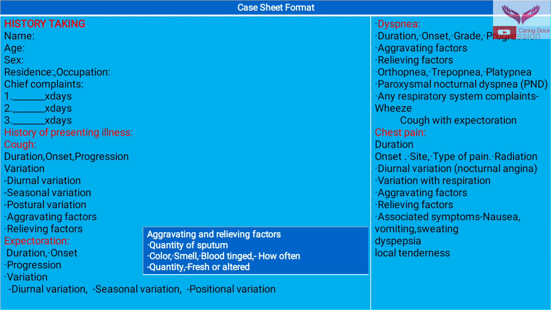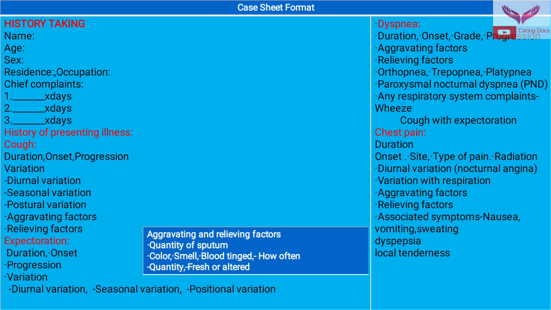aggravating and relieving factors, the quantity of the sputum, color, smell, blood. If it is blood tinted, how often, quantity, whether it is fresh or altered blood. If the patient has symptoms of dyspnea, its duration, onset, grade, aggravating factor, relieving factor, whether he has orthopnea, trepopnea,